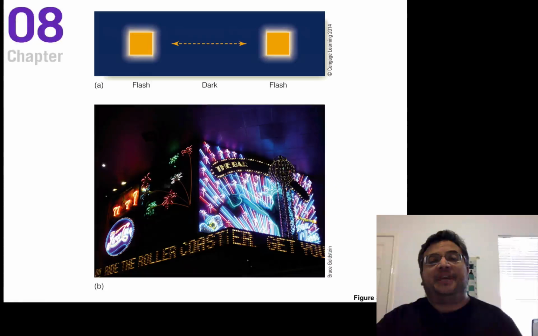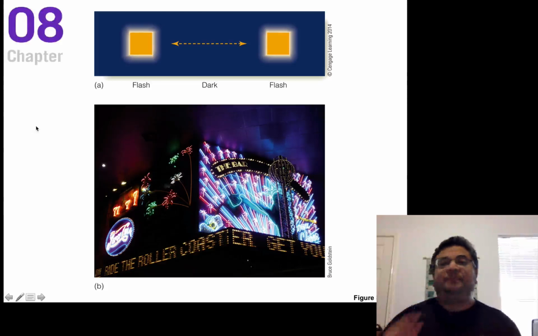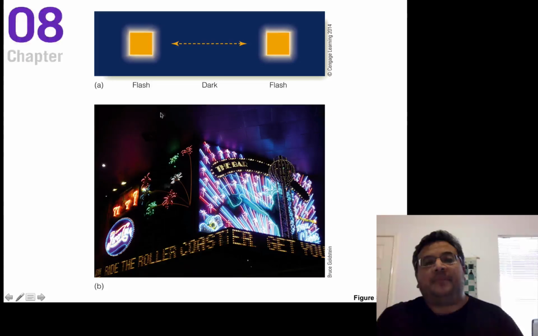So this is an example here of illusory motion. I can flash this light first, then it goes dark, and flash this one very quickly thereafter. If I flash them at just the right rate, it'll look like this square is moving from here to here. This is the basis for, like I said, video screens, but it's also the basis for these rolling marquees